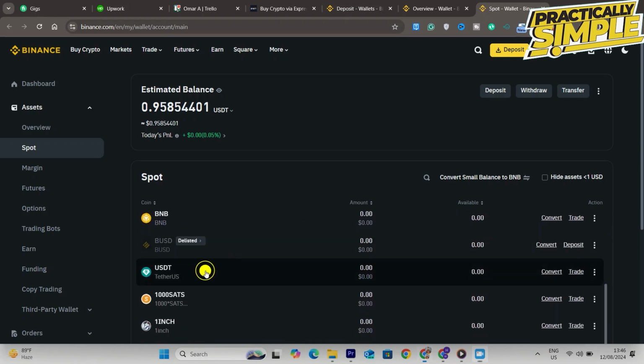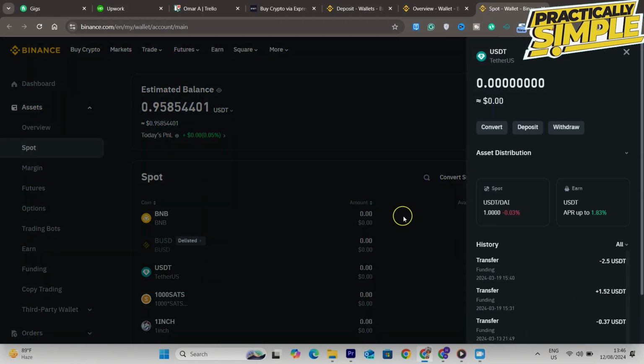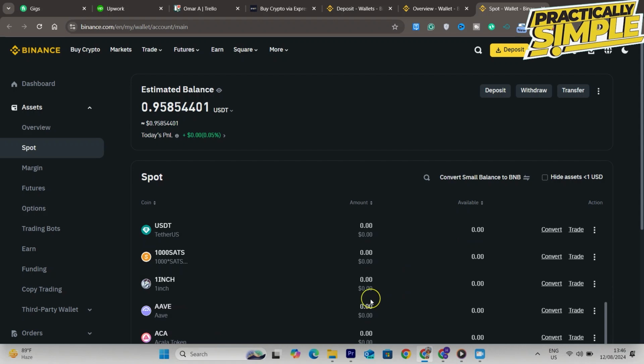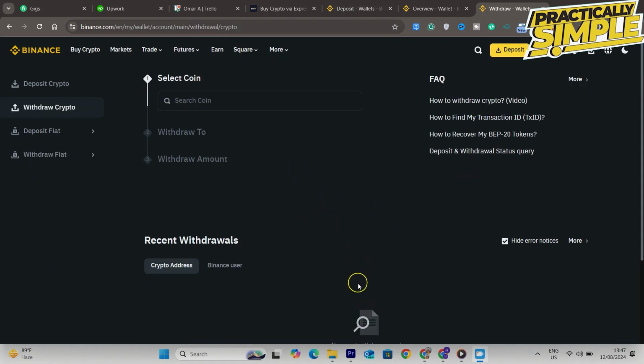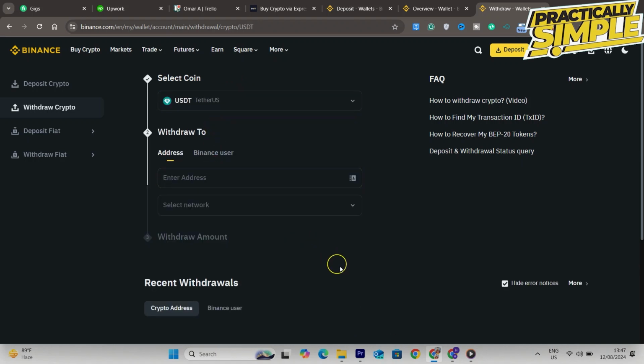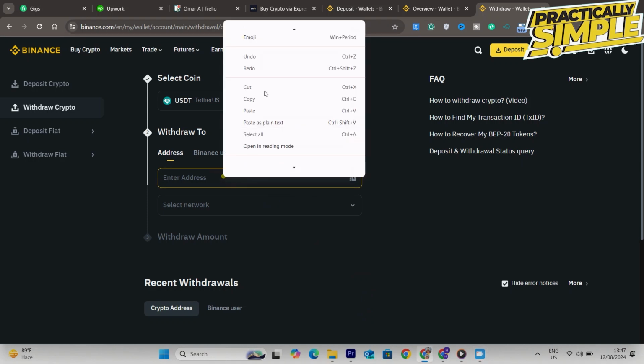So find the asset, it should be USDT, and then we need to withdraw it from this account and deposit onto the other. Now go to the action column and click on withdraw like this, and then you will be taken to this page right here. As you can see, we've got a few security things. I'm just going to press got it. What you need to do is paste the address you want to send it to, which we just copied from the other account, and paste it here.